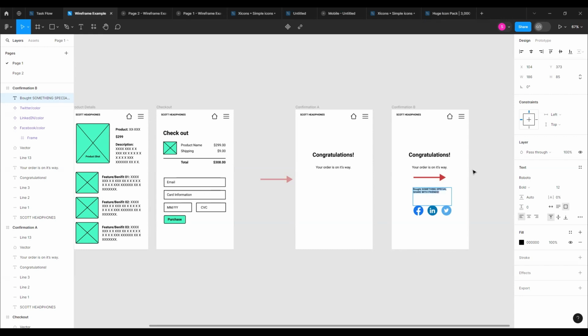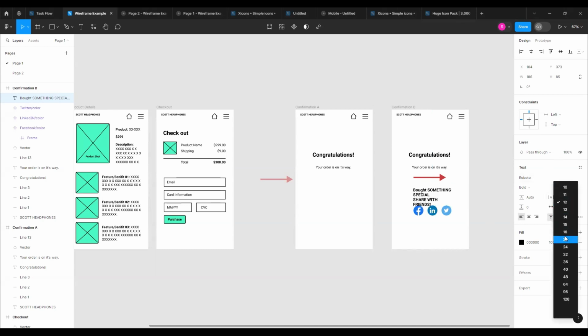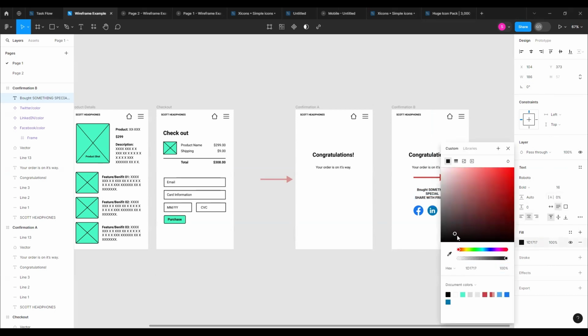Or something special, share with friends. We need to make this thing bigger, and the alignment should be good. Something special, share with friends, and give it some color,